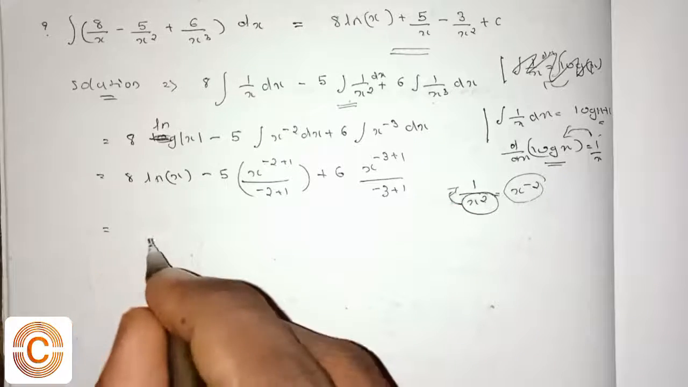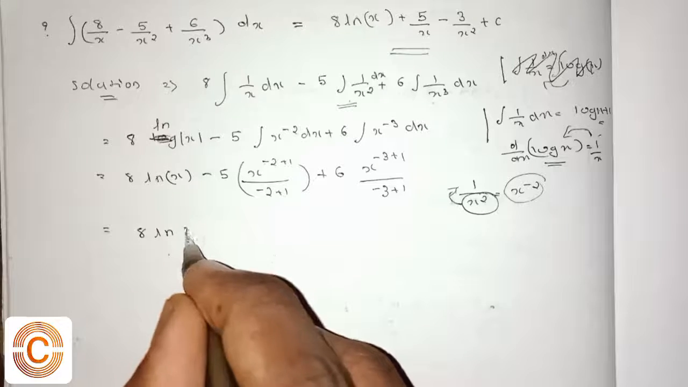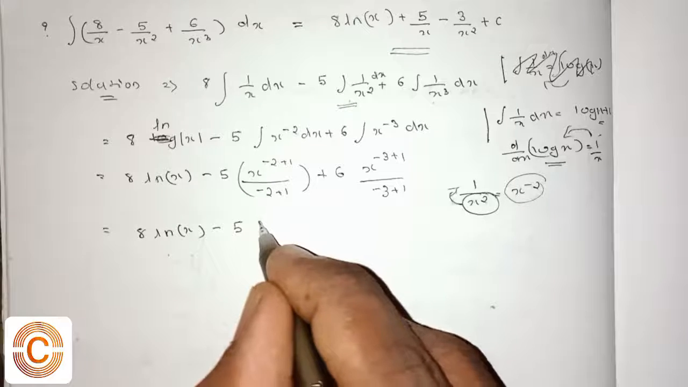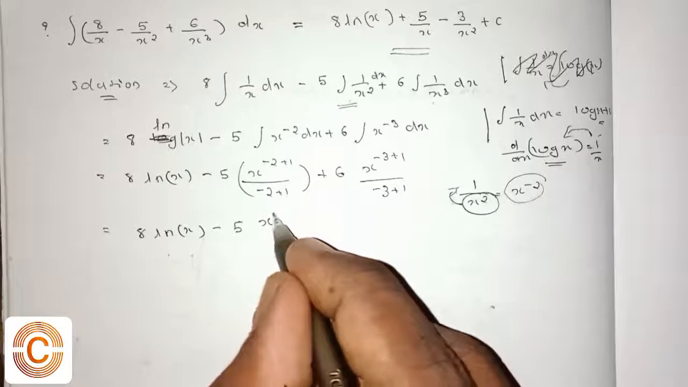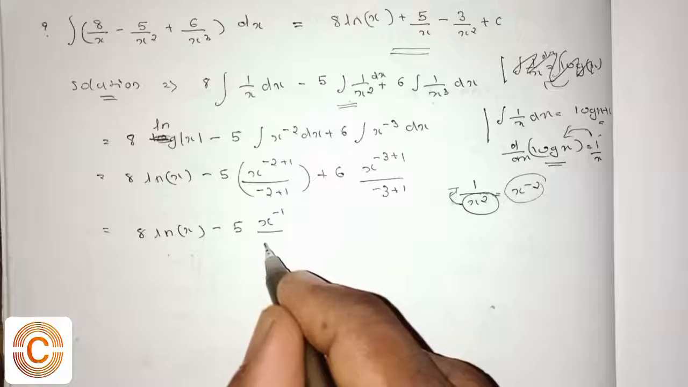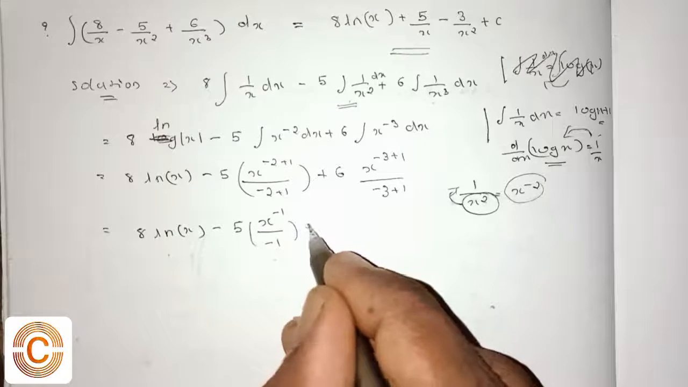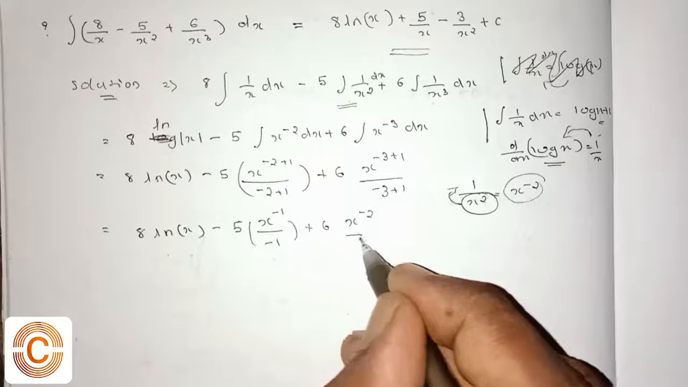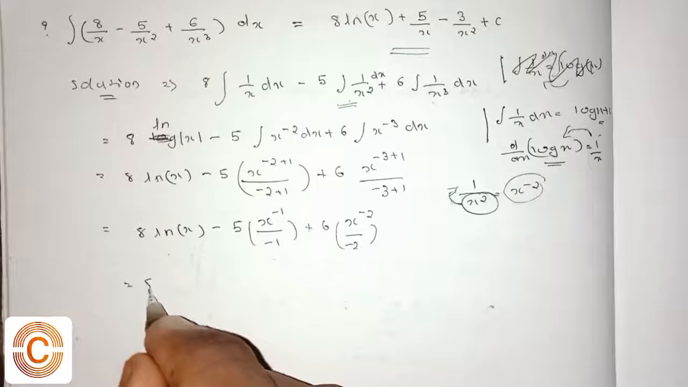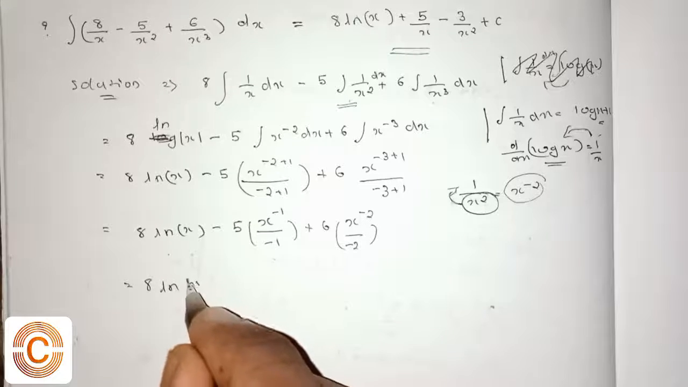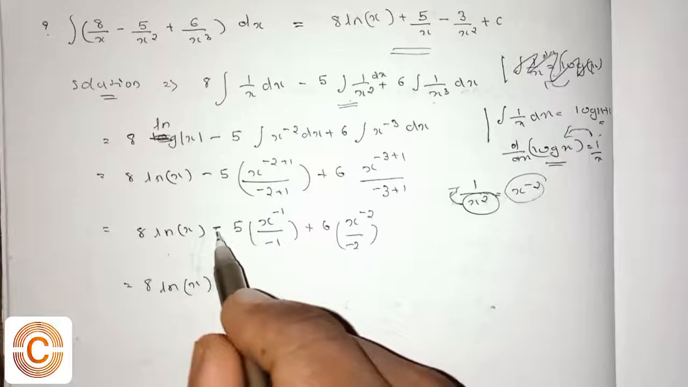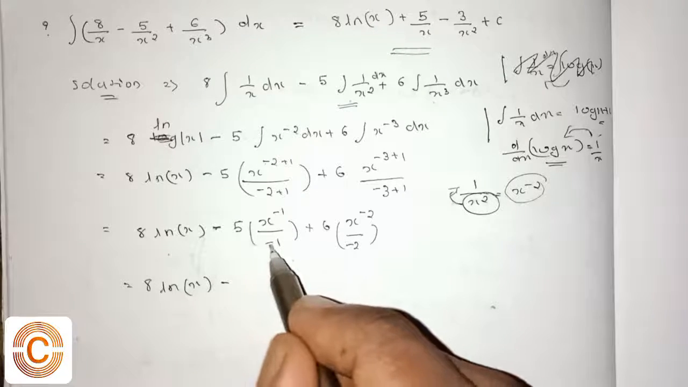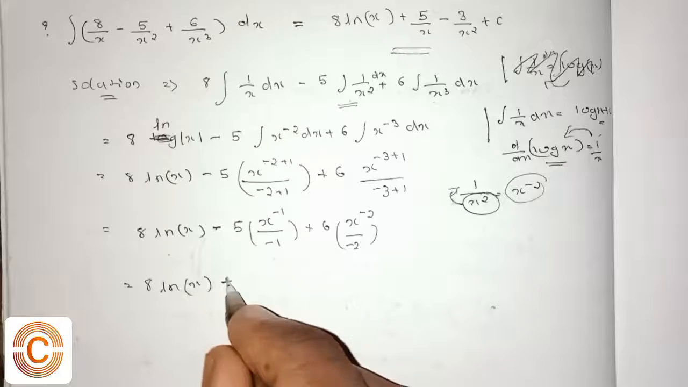So in the next step it becomes 8 into log x minus 5 into x raised to minus 2 plus 1, which is equal to minus 1, divided by, in the denominator, same like that, minus 1, plus 6 into x raised to minus 3 plus 1, which is equal to minus 2, divided by minus 2, which is equal to 8 into log of x minus. Note here that a minus exists; likewise, in the denominator there is the minus value, so minus and minus will become plus, that is plus